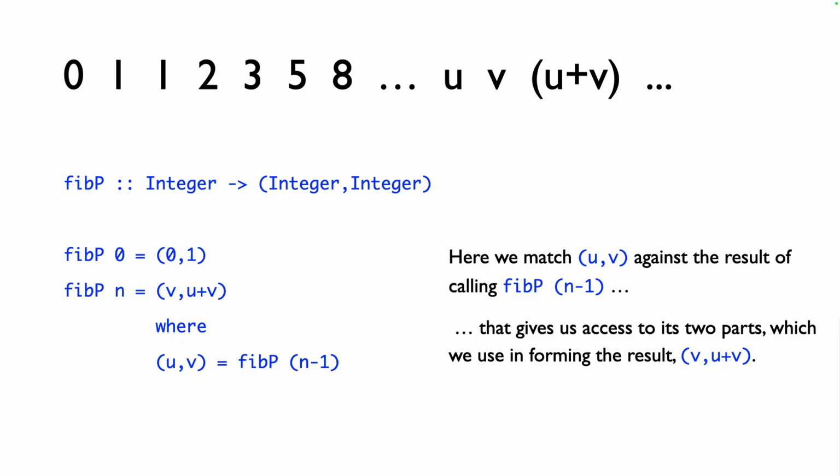And what we do here inside the where clause in the definition of fib p of n, we match the result of fib p on n minus 1 against the pair u v, because we know that fib p is giving us a pair, so we call the first part u, the second part v, and then we know that fib p of n is v paired with u plus v. So you can see in the top line I've got, as it were, the informal formula, whereas in the code you see that rendered in Haskell. And let's see now how that behaves in